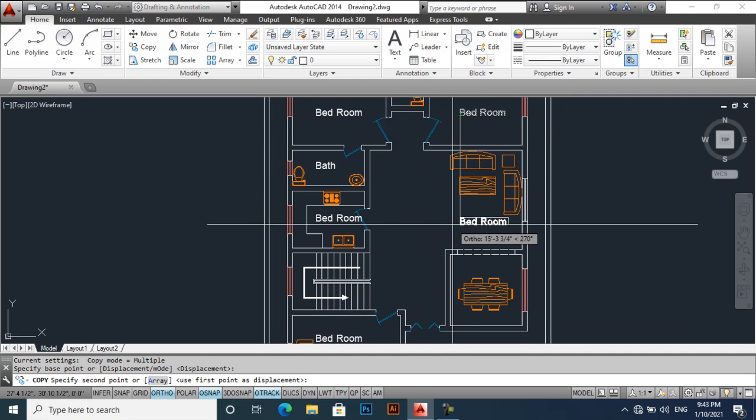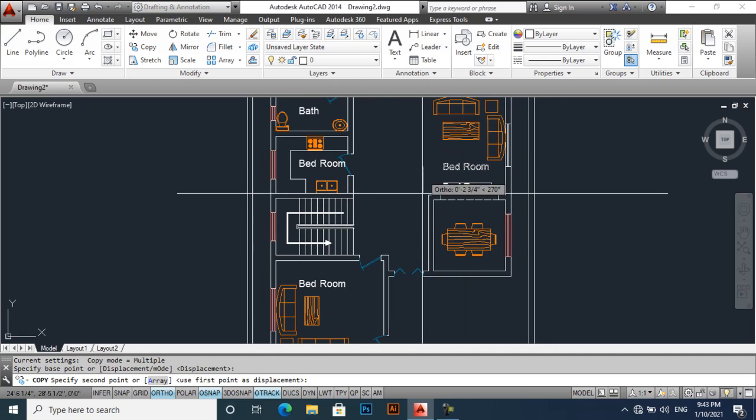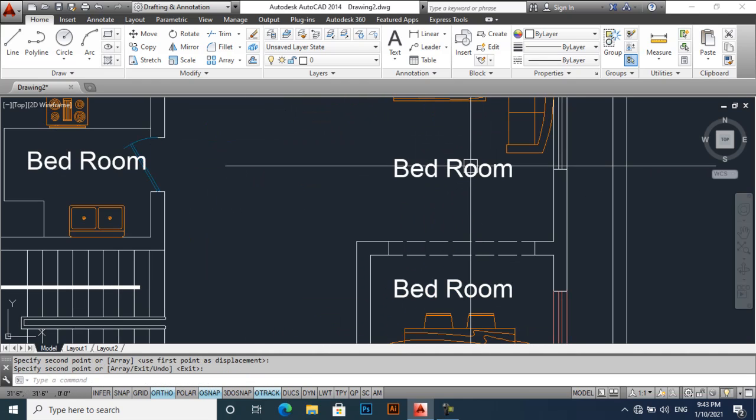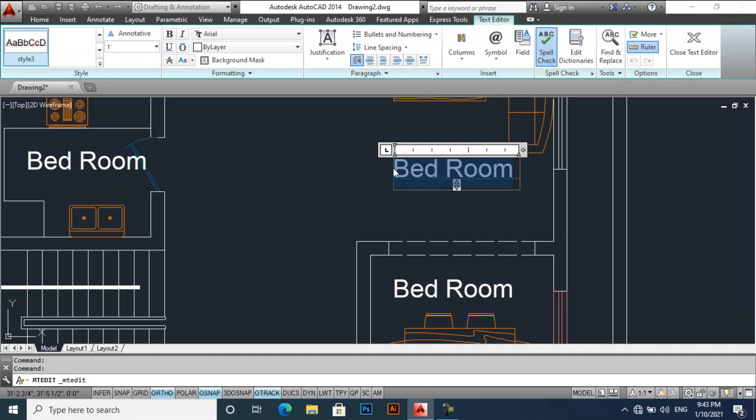Take a copy, again take a copy of this text. This one will be a lounge,